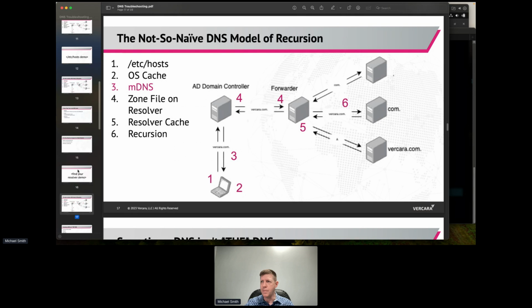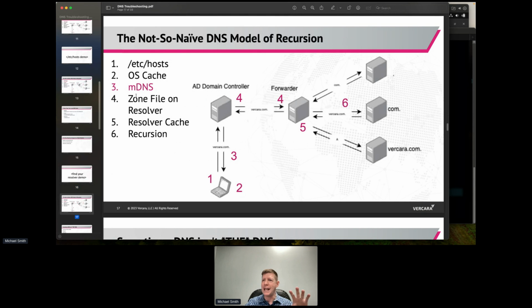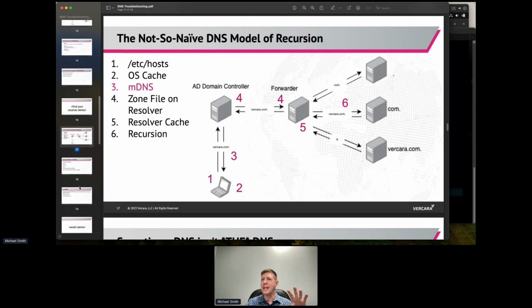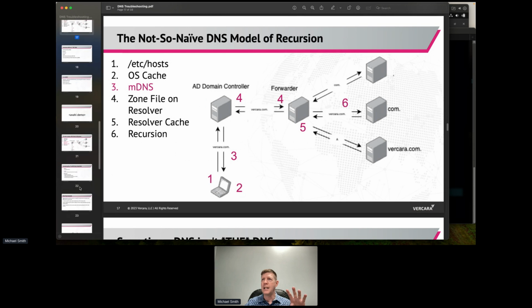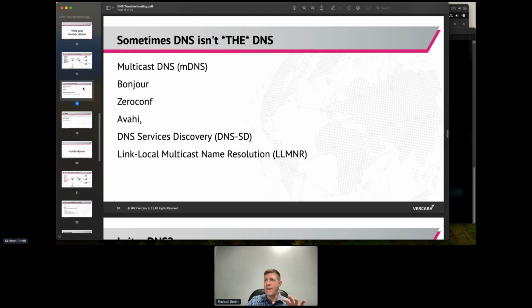Next one is multicast, right? So keep that in mind. Find your resolver now. We'll use it later. Okay. Next one is multicast DNS. Multicast DNS, in most cases, is an abomination, and it is always the problem, unless you're in a small office and you're trying to find your printer. Okay. And what I mean by that is